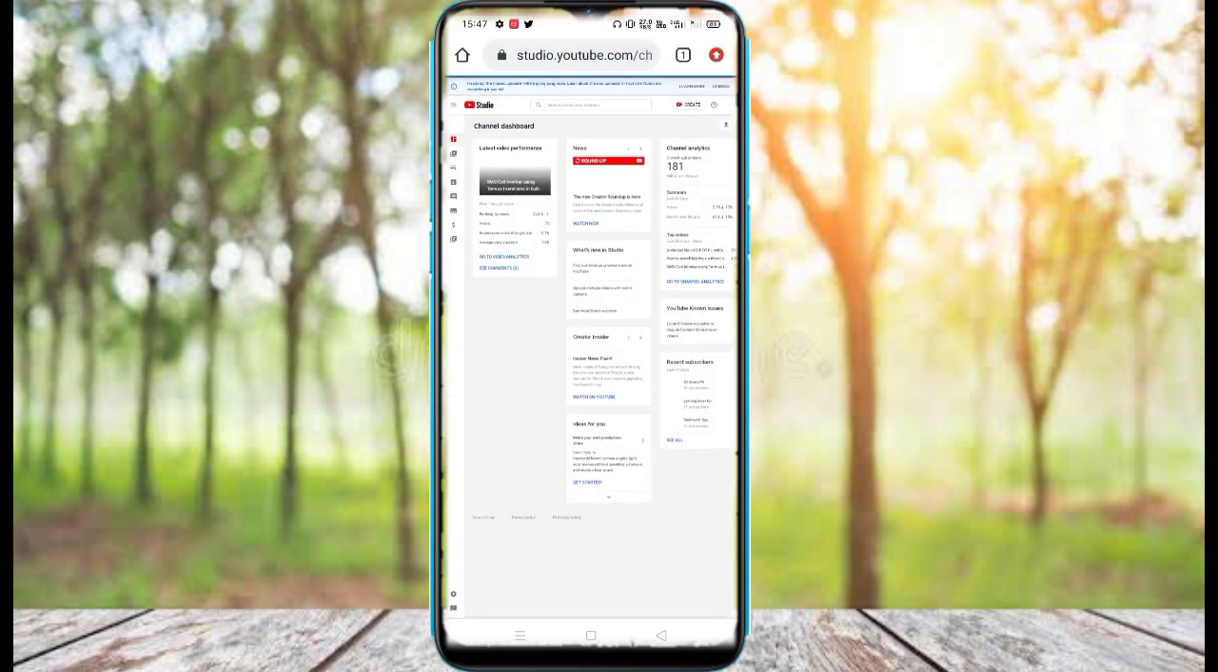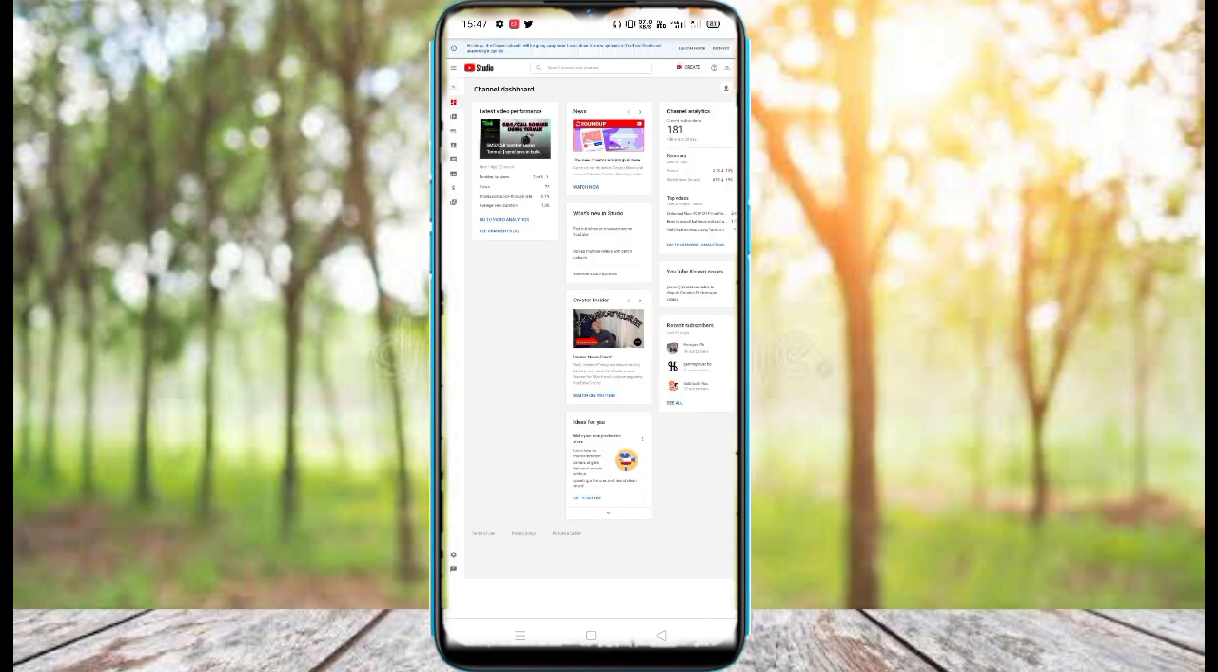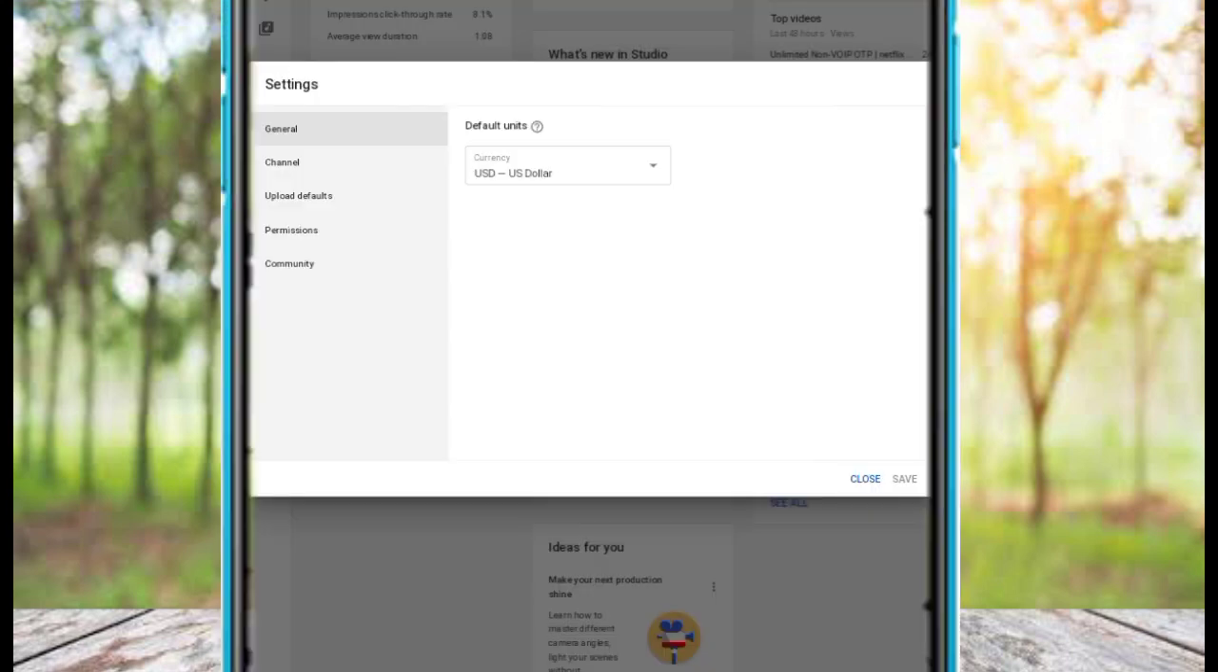Here in the left bottom corner you can see a settings icon. Click on this icon and it will open a pop-up. Here, as you can see, there are many options. Click on Channel,